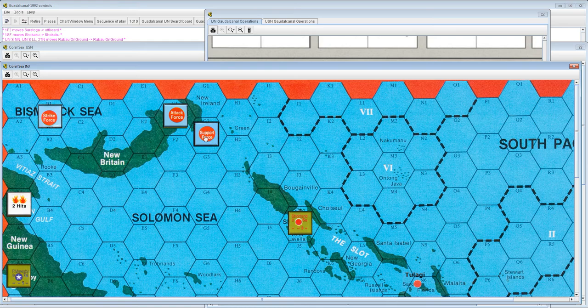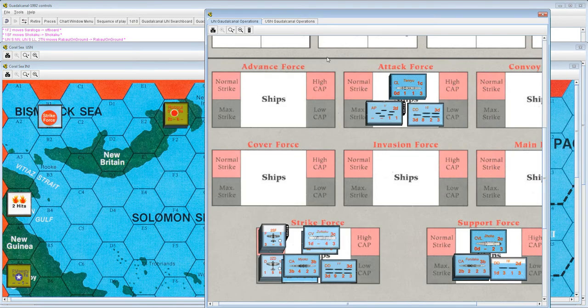The support force will just move 1 space into Rabaul. And that's it for